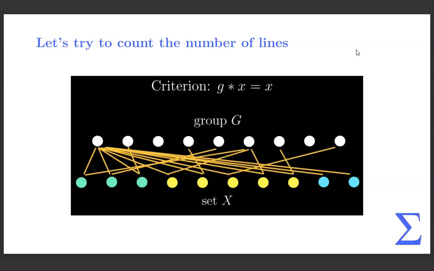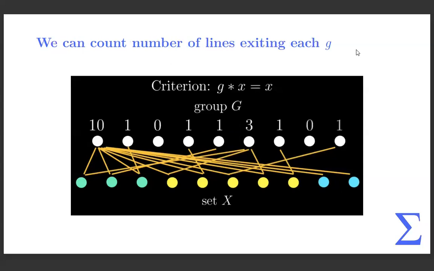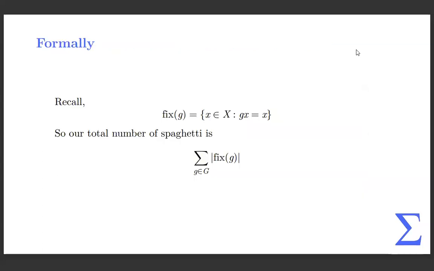There are two ways to count this. It's using the number of outgoing edges from the top nodes or the number of incoming edges for the bottom nodes. Those are the two counting things we'll do and then set them equal. So here are the top edges. These are just the numbers, but more formally,